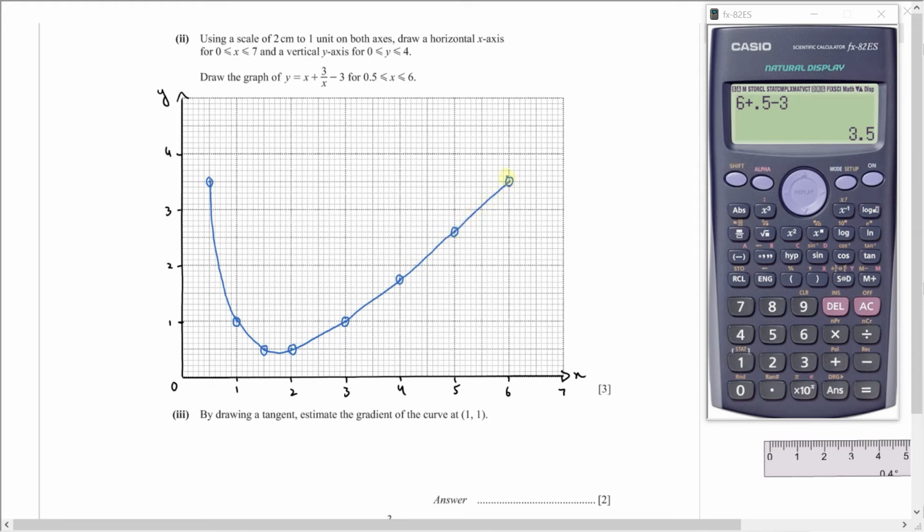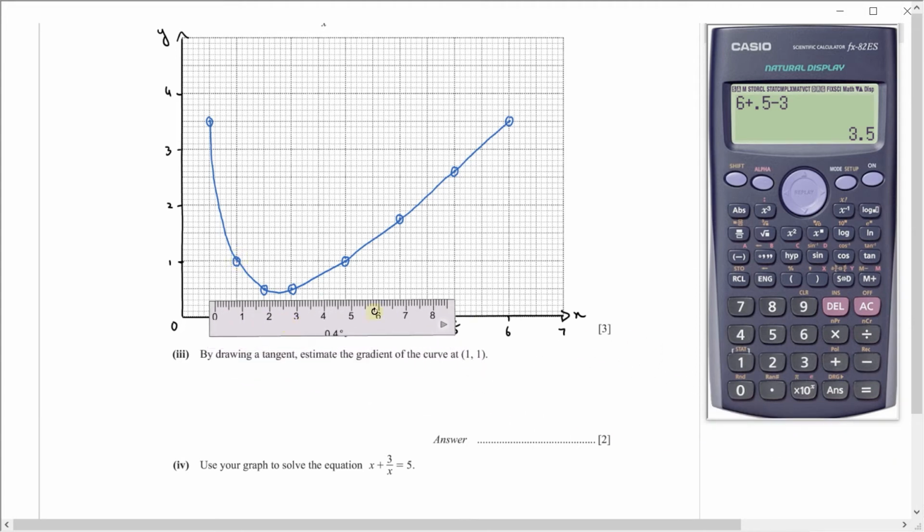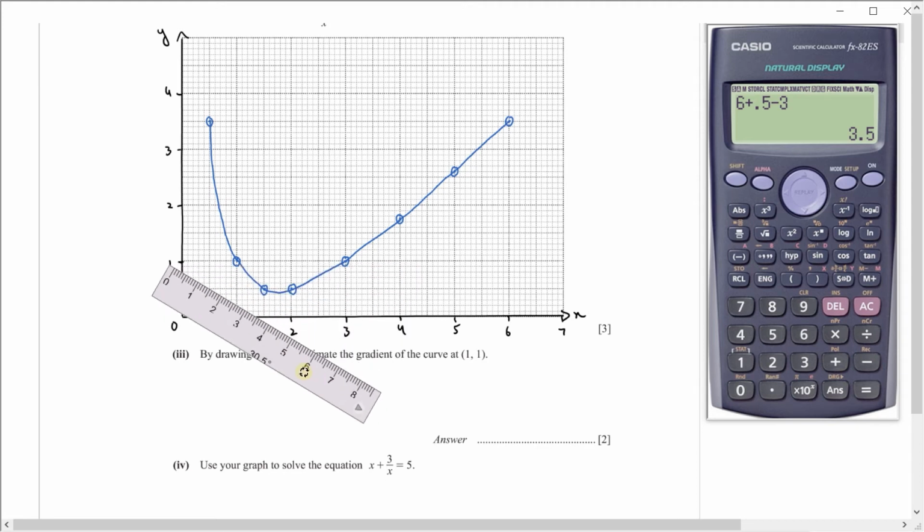So this will be our curve for y equals x plus 3 over x minus 3. The next part is: by drawing a tangent, estimate the gradient of the curve at point (1, 1). So (1, 1) is this point. I will use my ruler here to draw a straight line which will just touch the graph at this point (1, 1). So let me align my ruler here so that